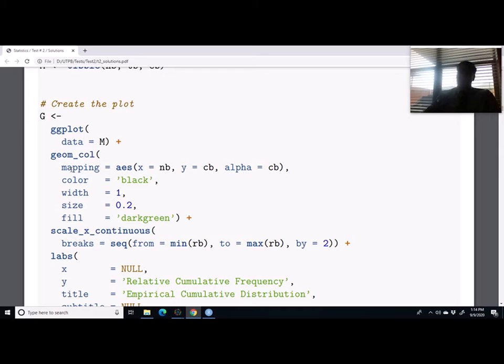So there's mapping of aesthetics when the aesthetics are going to be changing with the data argument. And then these other aesthetics, color, width, size, and fill, they're being set. They're just being set to a constant value. Like color will be black, width is always 1, the size is always 0.2, and the fill is always dark